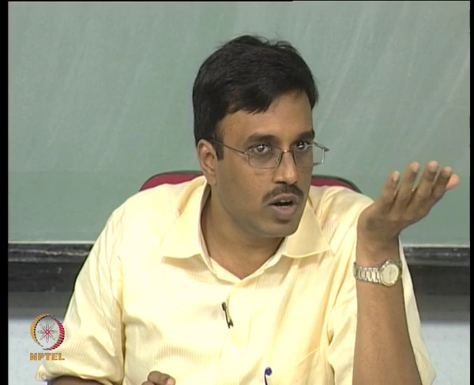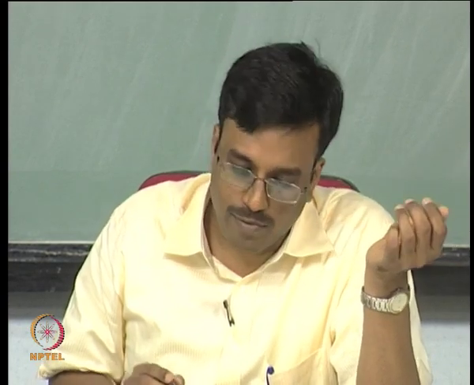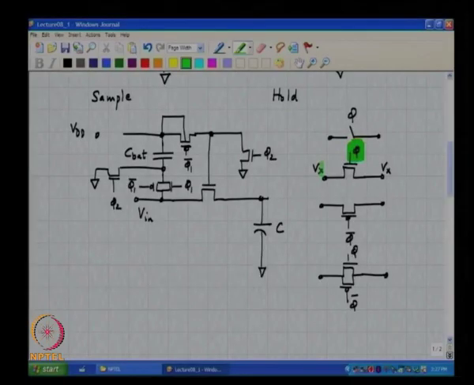Similarly, if you want to turn off the switch, if Vx was 0, what would you connect the gate to? Normally you would connect it to ground. Now, if this Vx was non-zero, what do you think you could do? You could connect it either to ground, or you could connect it to Vx. In other words, you do not need to connect it to ground where the gate source voltage will become negative. A VGS of 0 is good enough to turn the switch off, correct. In other words, if Vx is non-zero, then this will work